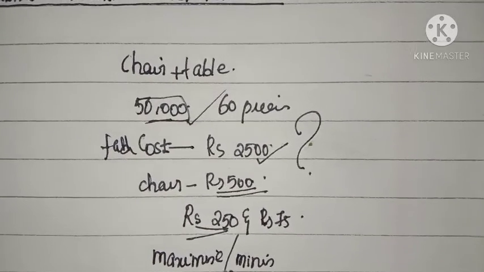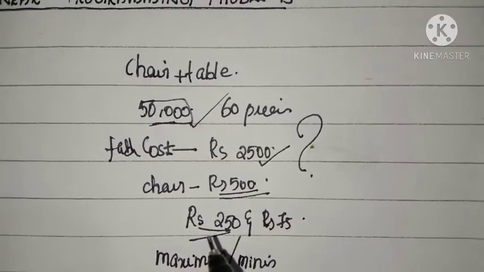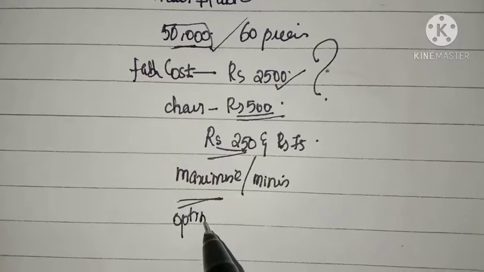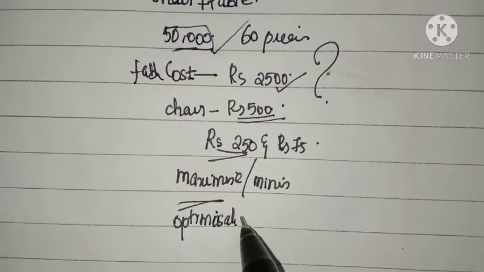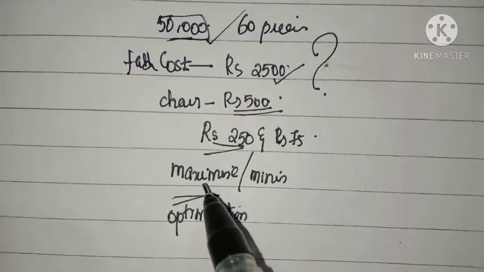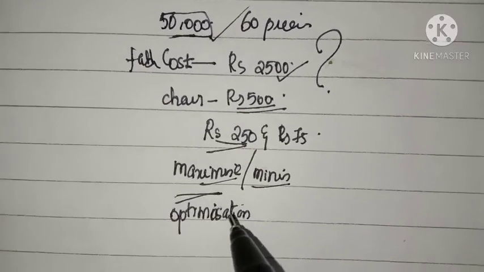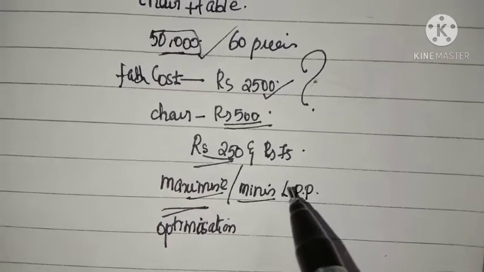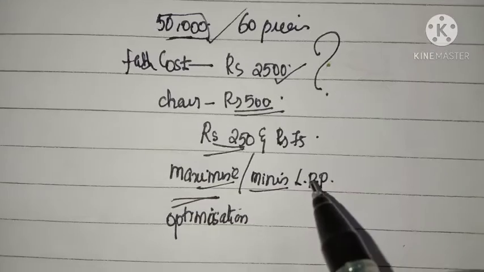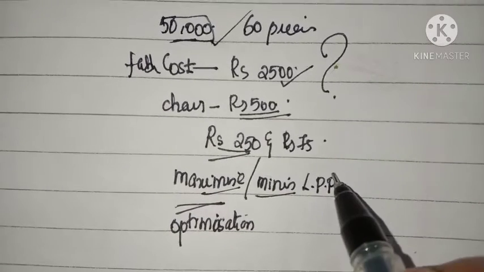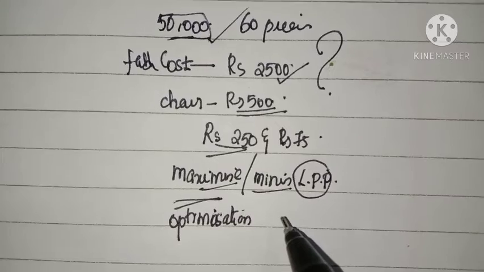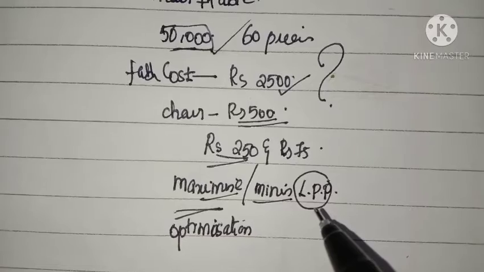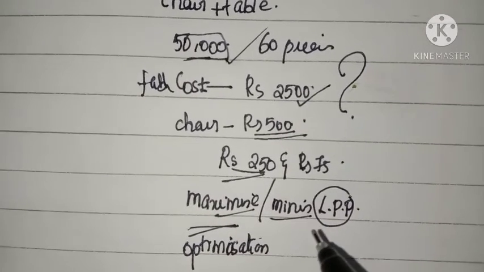use of resources. Okay, so such type of problems are called optimization problems. Okay, optimization problems. So optimization means either maximize or minimize. So the linear programming problems are, listen, a special but a very important class of optimization problems. Is that clear? So linear programming problems are of much interest because of their wide applicability in industry.